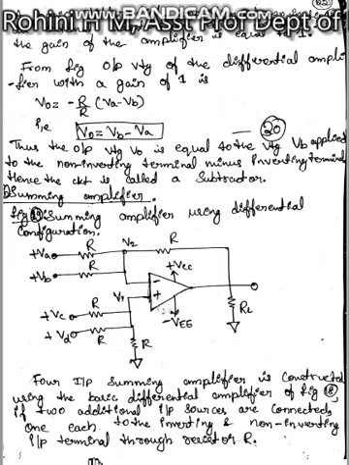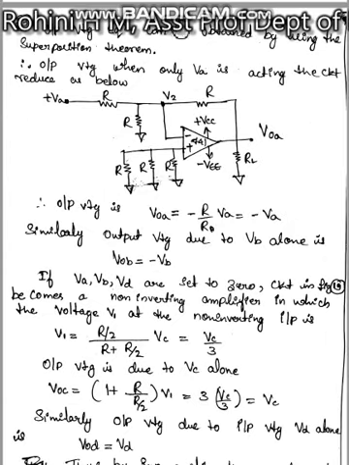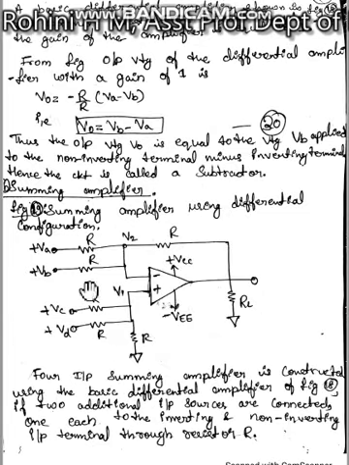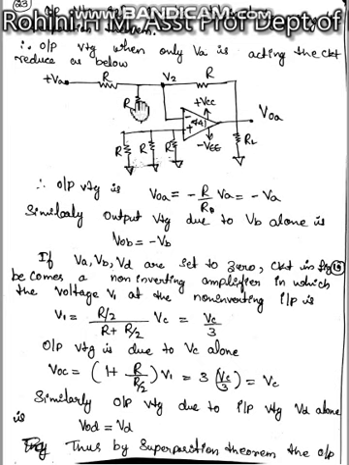So next is the summing amplifier. Here in the summing amplifier, we design the circuit like this. The summing amplifier is constructed using a basic differential amplifier with two additional inputs, compared to the one we used in the case of the subtractor. Here we are using two more inputs. All the resistance values are made equal, that is equal to R. So, modifying the circuit, we analyze it using the superposition theorem.